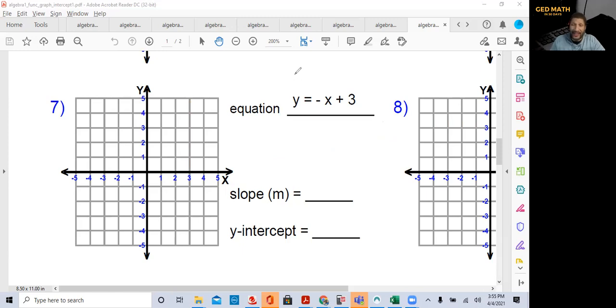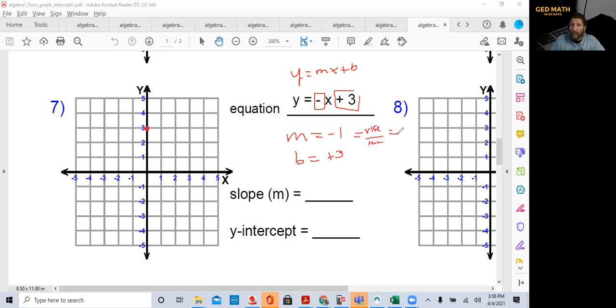What do we know? What is given? Y equal mx plus b. Our slope, since you don't have a coefficient, our slope is -1. Our y-intercept is +3. The first thing we're going to graph is our y-intercept, +3. Our slope, our rise over run,